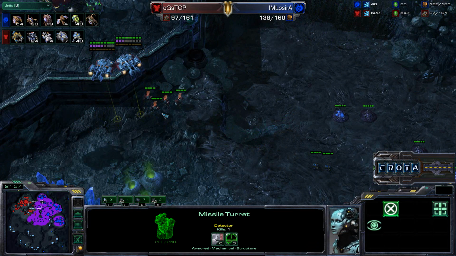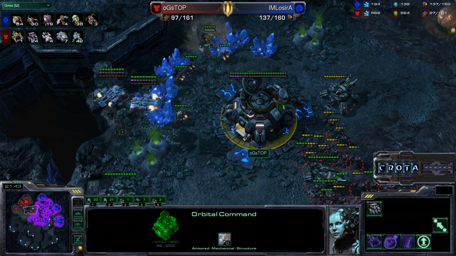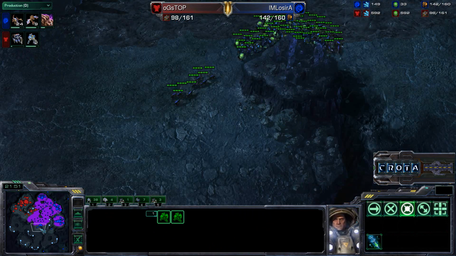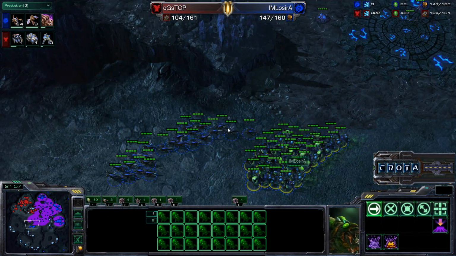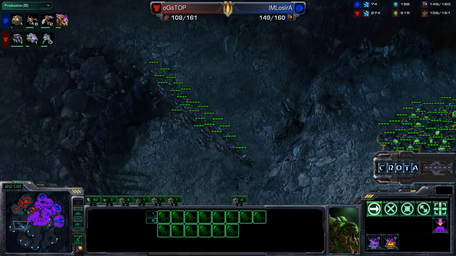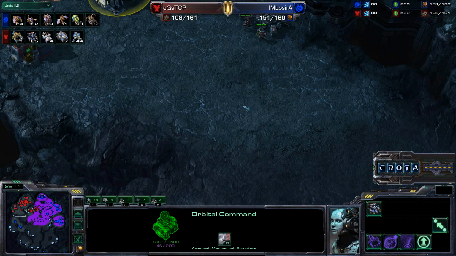So this game, 64 to 24. Those mules are definitely helping Top stay in this game. Scanner sweep quickly revealing a couple Banelings that will not be able to melt any Marines. But another round of Zerglings and Banelings, and a lot of Banelings coming in. What? 32 plus 6, 38 Banelings about to find their target and perhaps do a bit of